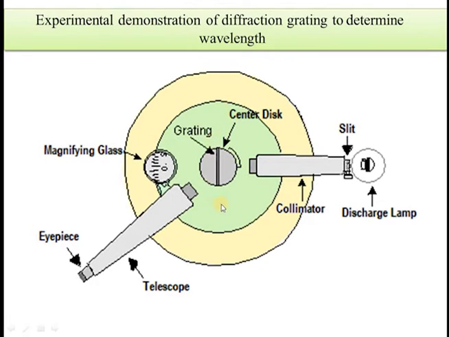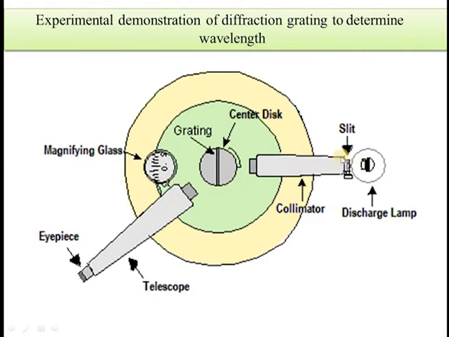The grating should be placed in a position so that light from this slit passes through the collimator and hits the grating at 90°. We can place it almost at the 90° position, or to get the correct normal incidence position, we'll have to do some arrangements. Okay, first what you have to do?